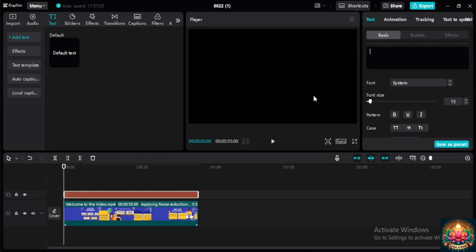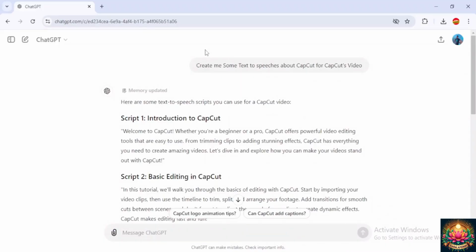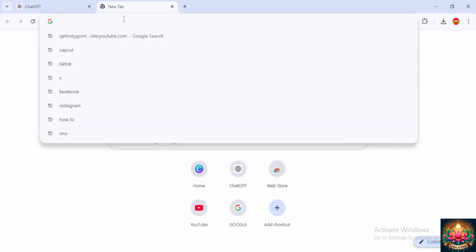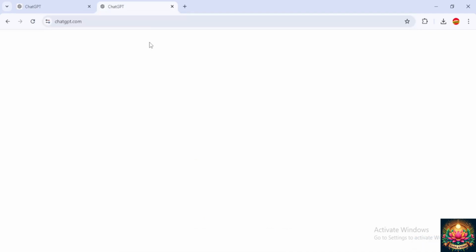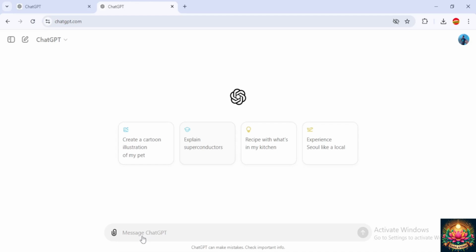Now, before I input any text, I will simply go to the browser. Here you can see that I have already generated a text from ChatGPT for CapCut. To do that, simply open up your browser, and here you will have to search for ChatGPT. Open this website. After that, on the search bar, on the message to ChatGPT, click on that and write